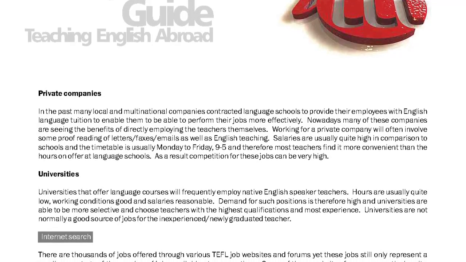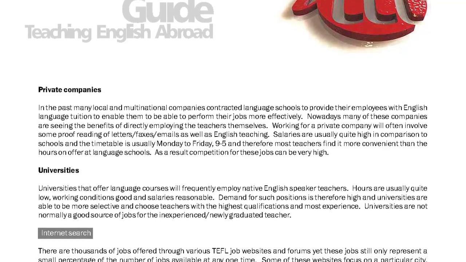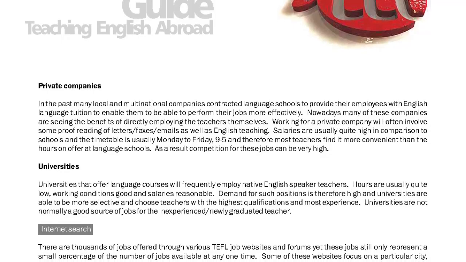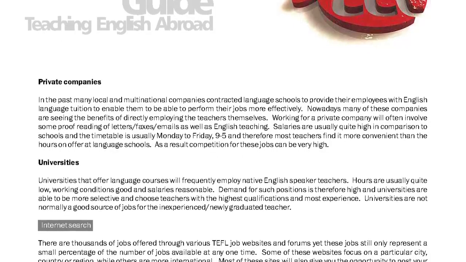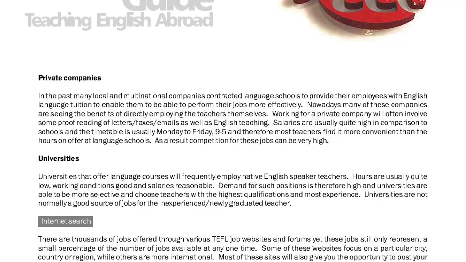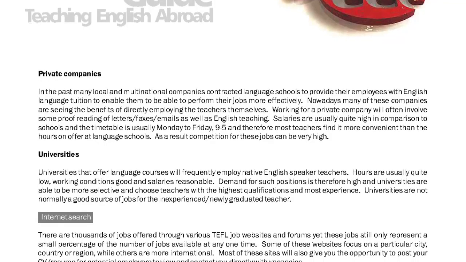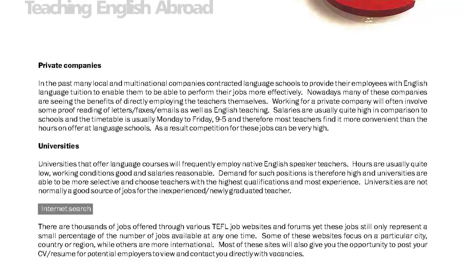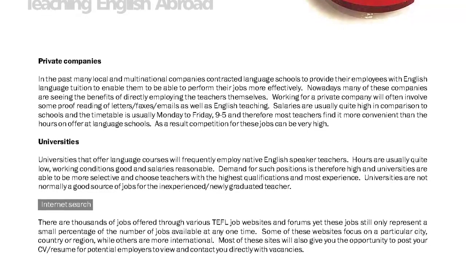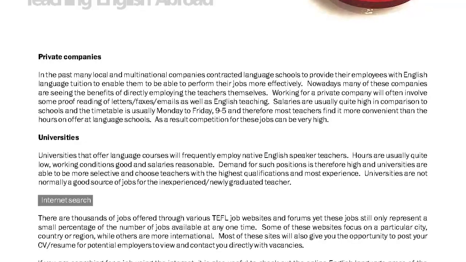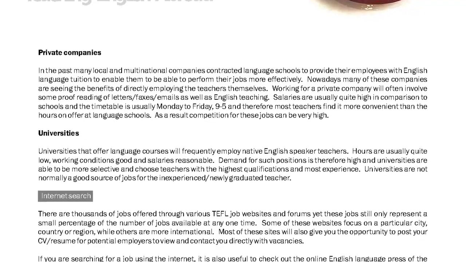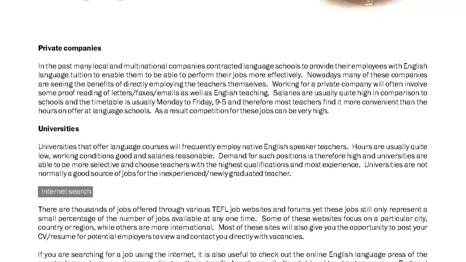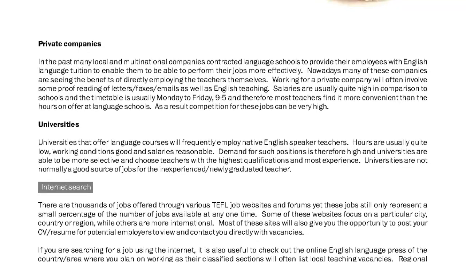Working for a private company will often involve some proofreading of letters, faxes, and emails, as well as English teaching. Salaries are usually quite high in comparison to schools, and the timetable is usually Monday to Friday, 9-5, and therefore most teachers find it more convenient than the hours on offer at language schools. As a result, competition for these jobs can be very high.